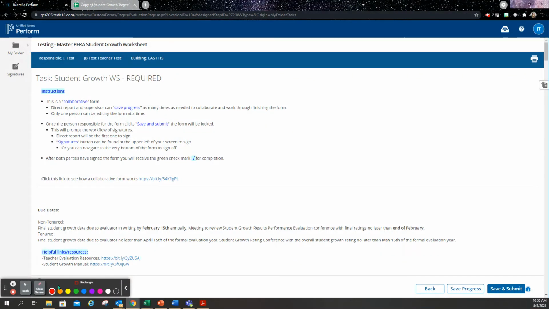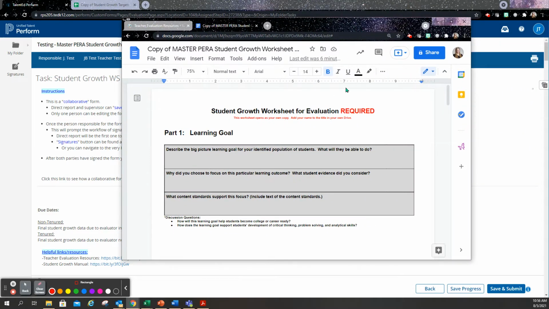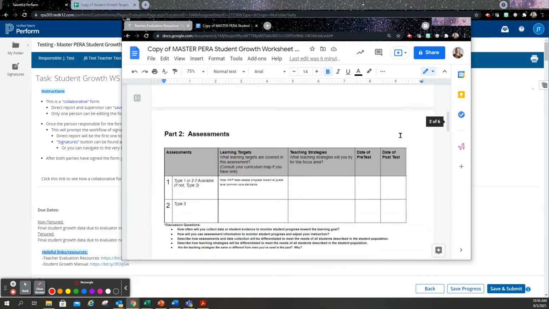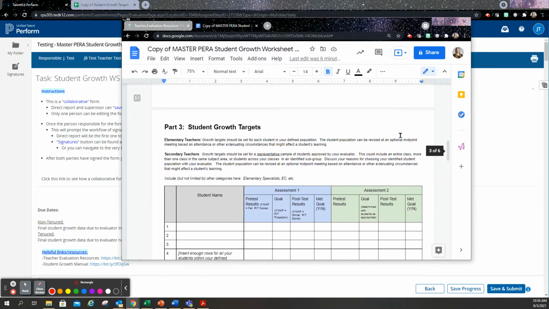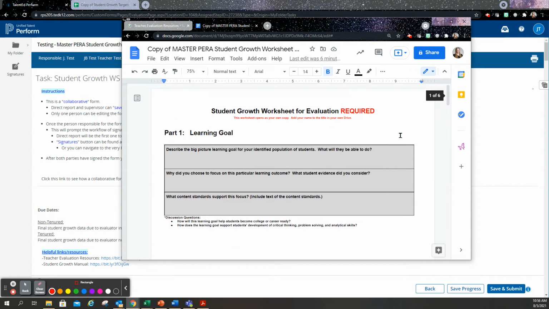In part one of the student growth worksheet, you will be filling in your learning goals. Before we get started though, I just want to note that if you're familiar with this form, this is how the district has been completing the student growth worksheet. And essentially this paper worksheet has just been made digital. So if you're familiar with this paper form, it's just going to be learning where the fields are in the